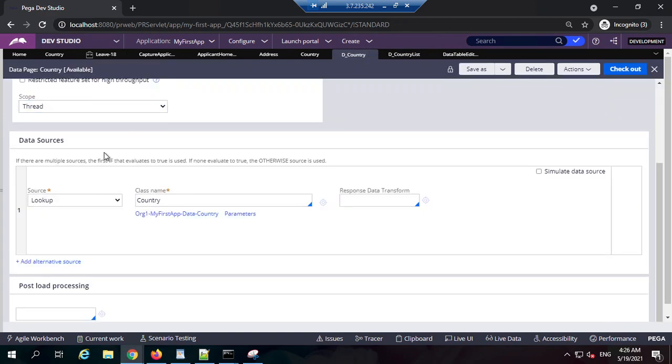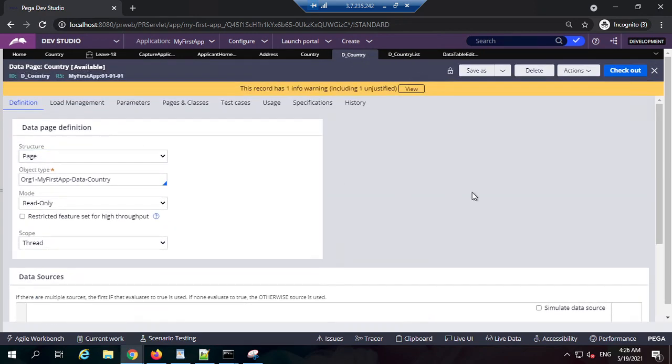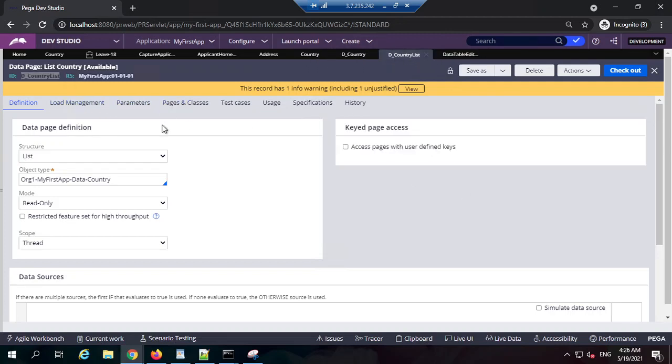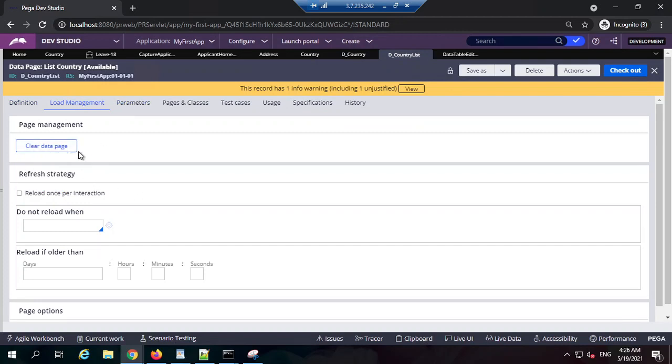Now, this is a data page. There could be a scenario where the data page is basically caching data to the clipboard and you are referencing that data. But in real time, this also creates a problem. Suppose you are doing stocks, and the data is changing very frequently. Using this data page, if it is not refreshing properly and you start using the old data, that could create problems.